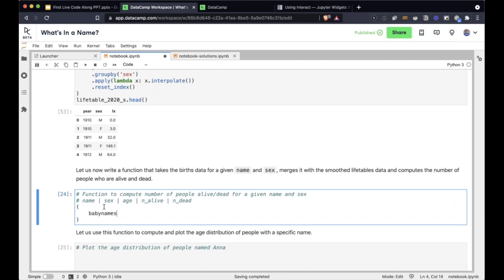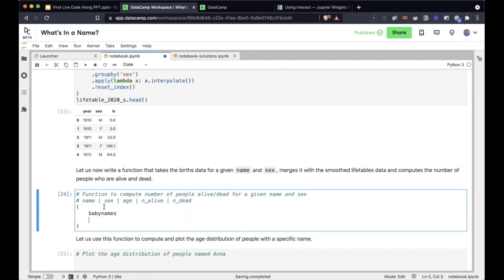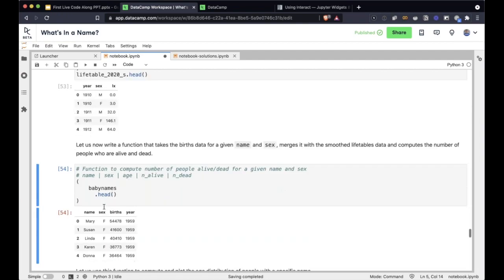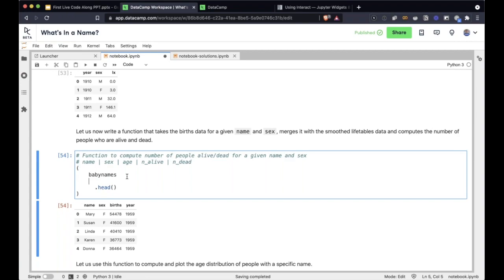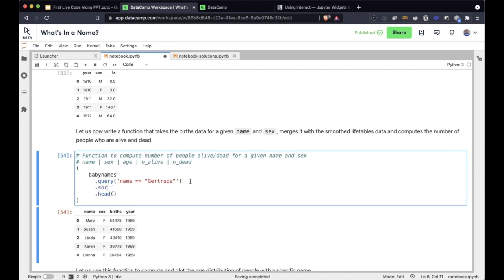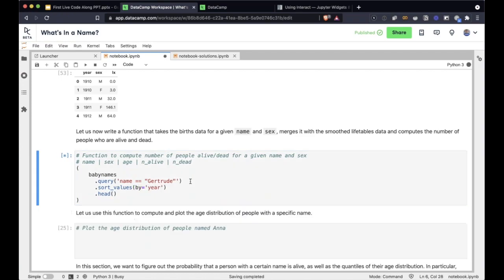So let's start with our baby names back, and we're going to take the first 5 rows. Let's pick a name. I'm going to say name equals, let's just do Gertrude. And let me sort by sort_values, by year, right?